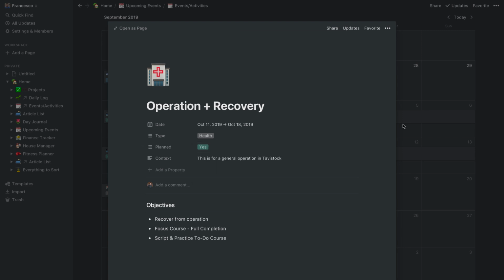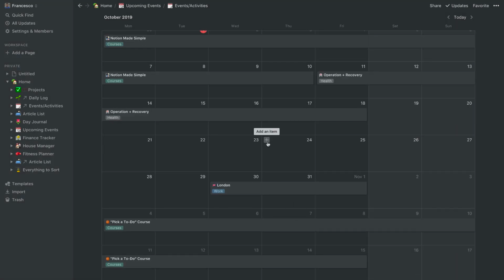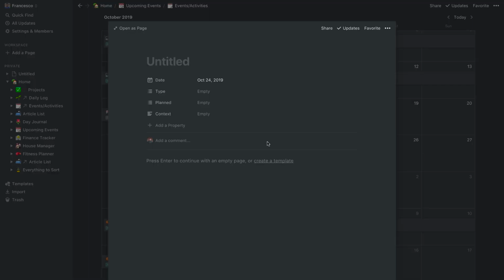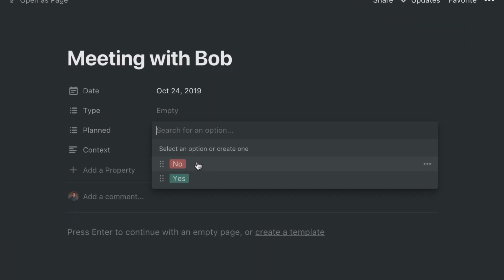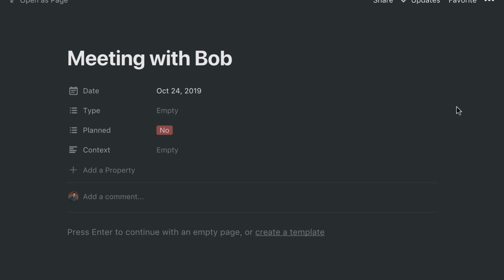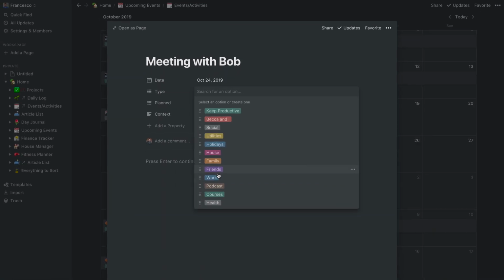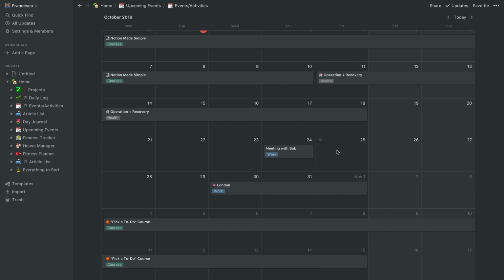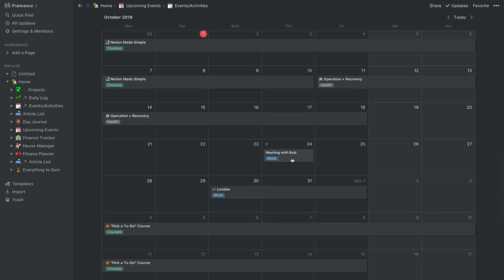And for example, when I'm adding something, let's say, okay, 24th, meeting with Bob. When I'm adding something really quick and I don't want to get too detailed with it, I'm like, okay, I just need to add it. It's a work thing, quick. I add it, right? Then what I do is if I want to plan it